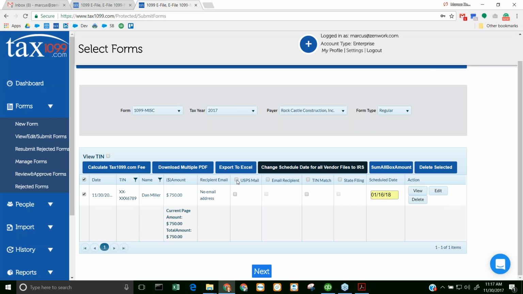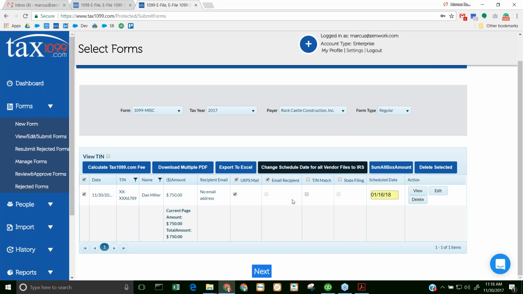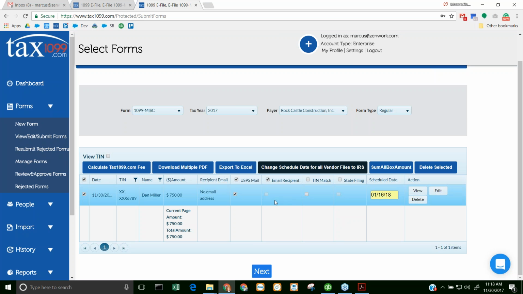If you want to mail through us, you can mail through our platform. Again, that's in a pressure-sealed envelope that has a barcode on it that you can track through the U.S. postal system. You can email if you have an email address. I do not have an email for Dan, but I could easily add one for him, and then I would be able to email him a copy of his 1099. That will come from support at Tax1099, and it will say on behalf of where it's coming from, and then they will be able to open that encrypted